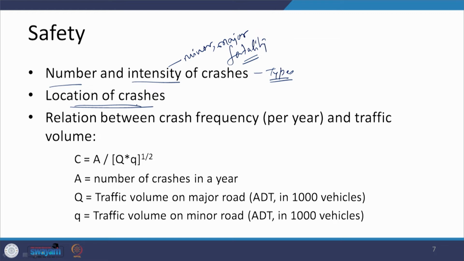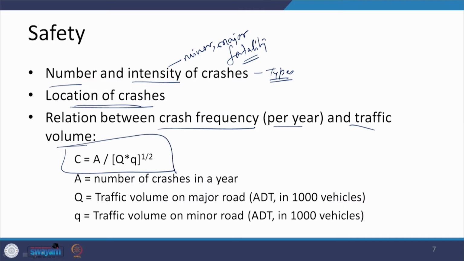Now, there is a relationship which is given between the crash frequency per year and the traffic volume which may be there on a major and a minor route, and the relationship is shown here, which is nothing but C equals A divided by the square root of the multiplication of capital Q and small q. Here A is the number of crashes in a year. So, this is data which is available, and you can get it from, say, the police department,